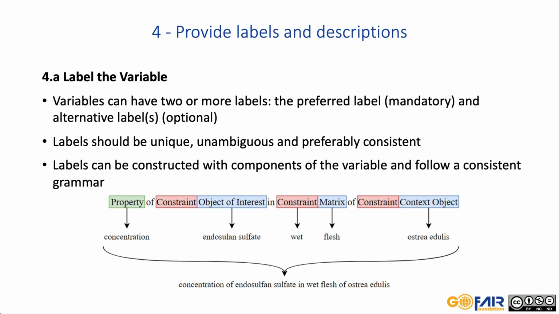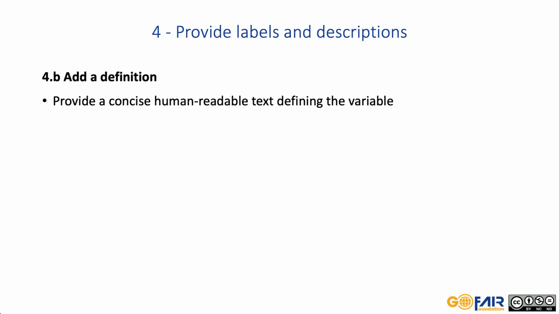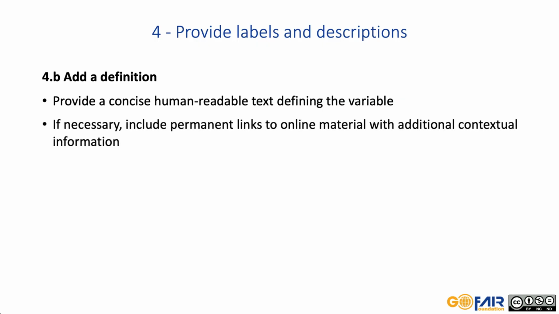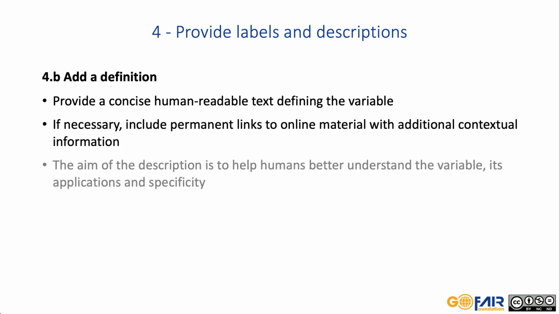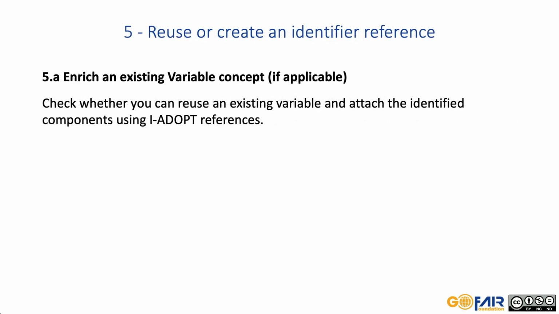Any concept in a terminology should have a description. So do variables. A description or definition helps humans understand better the variable. Add links to an online reference if it provides contextual information on how the variable is measured, like the method and protocol applied. If a variable concept with an identifier already exists, you can reuse it and enrich it with